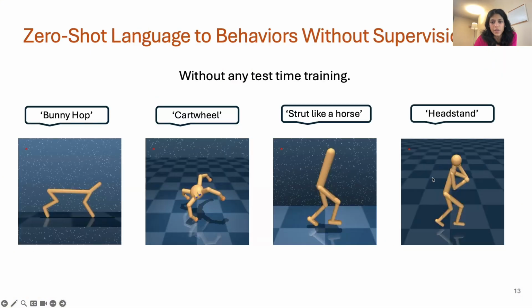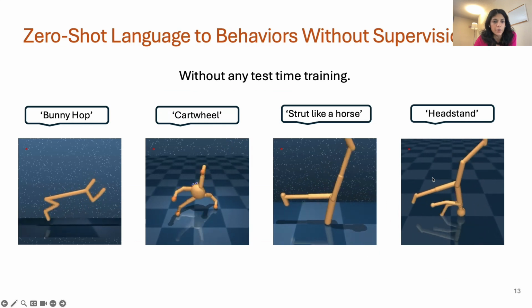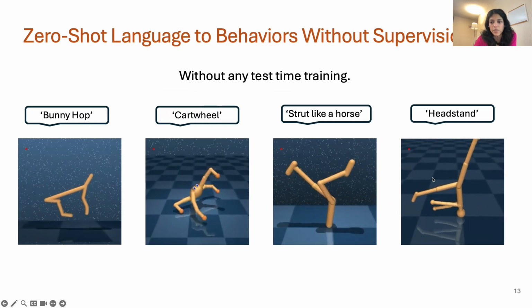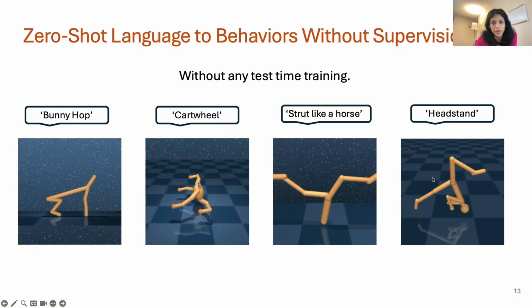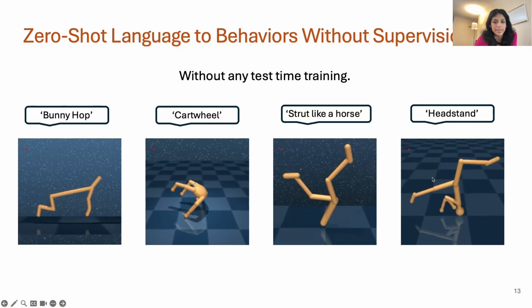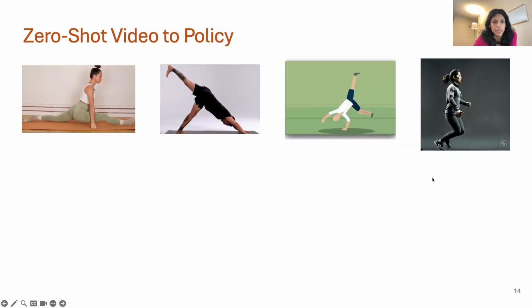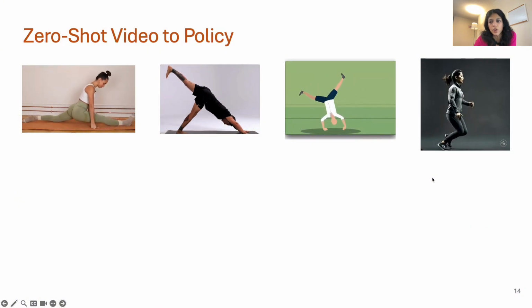Here are some test results from DMC. The pre-training has been performed using data collected with RND exploration policy, and then we test it with a collection of prompts to analyze its behavior. We can see that we can generate meaningful behaviors without any test time training or supervision. This is language to behavior policy inference. But can we do this across domains? Our projection step is domain invariant as a result of semantic similarity matching and works across domains.